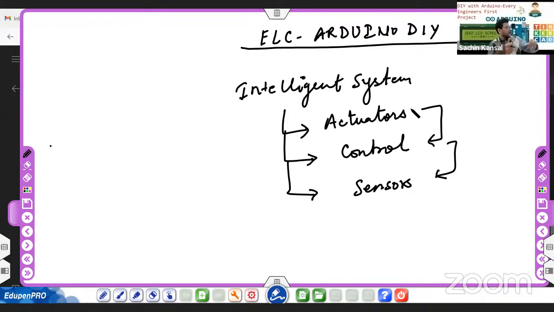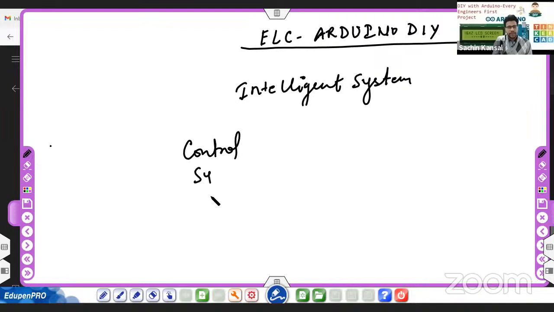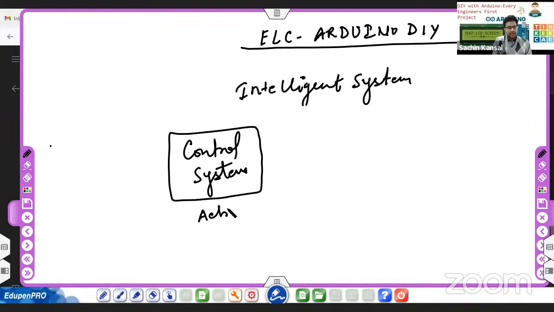So we have to inline it so that the actuator will do some kind of action based on the sensory data taken from the environment, and that sensory data will be processed by some control, right? If I go into more detail of each individual activity, it will be followed by the presentations, right? So don't worry at all. First, we have the control system, right? What does this control system do? It will basically perform some kind of action, right,